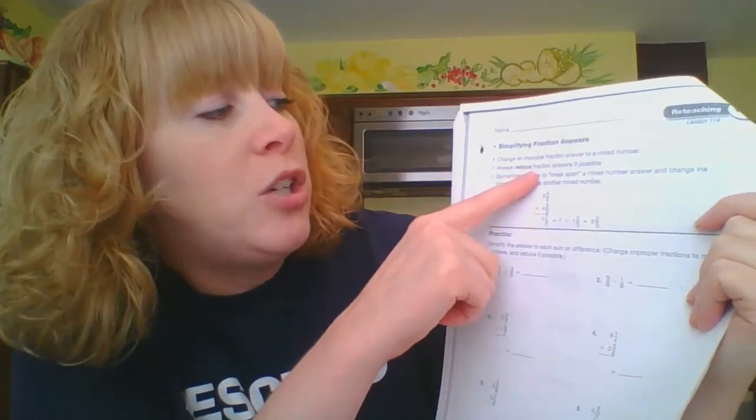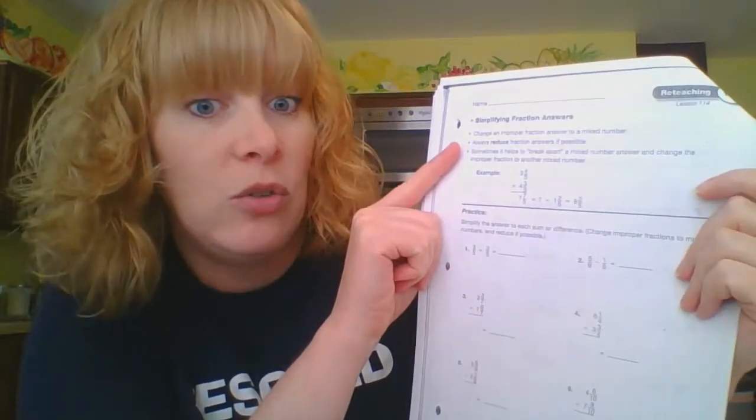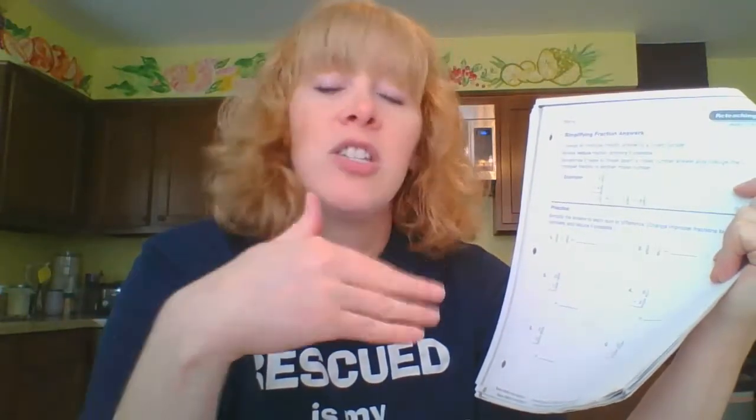It says always reduce fraction answers if possible. Some of these you can reduce. Some of your answers will already be in simplest form. That's going to be on you guys to figure out. An example would be if we had 1/8 plus 3/8, and then our answer was 4/8. If you put 4/8 down, you would not get that marked correct, because 1/8 plus 3/8 is 4/8, but the directions say to reduce. So you need to reduce that to 1/2. 1/2 would be the correct answer, because that's the smallest possible numerator and denominator that still tell that